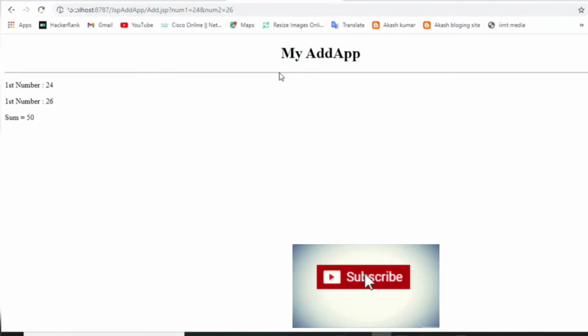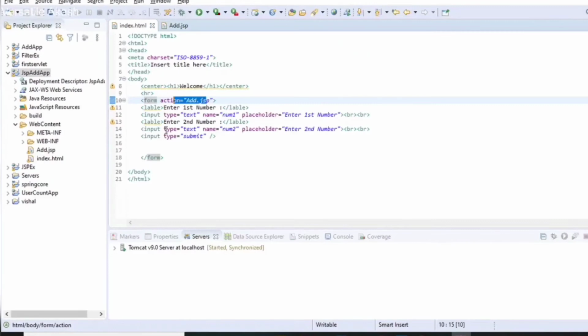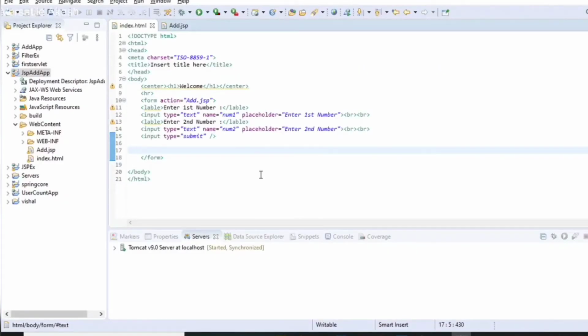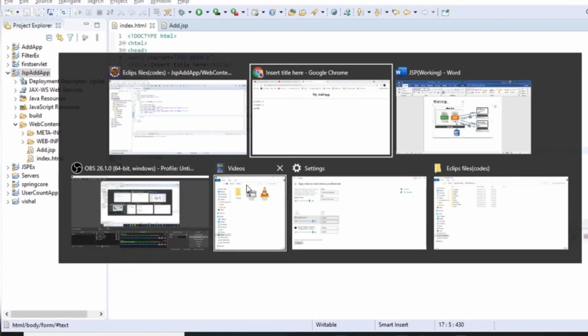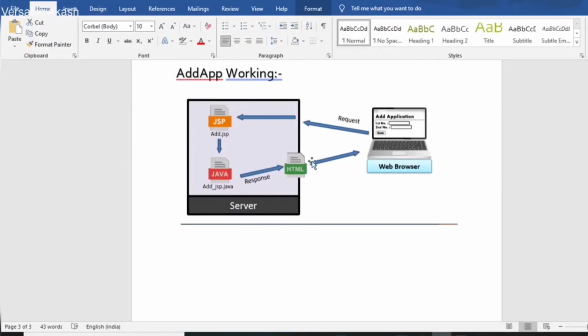As you can see the output, my add app, this is the heading of our output, and this is our paragraph output. So here you can see the working of this project. This is the working of the add app project.